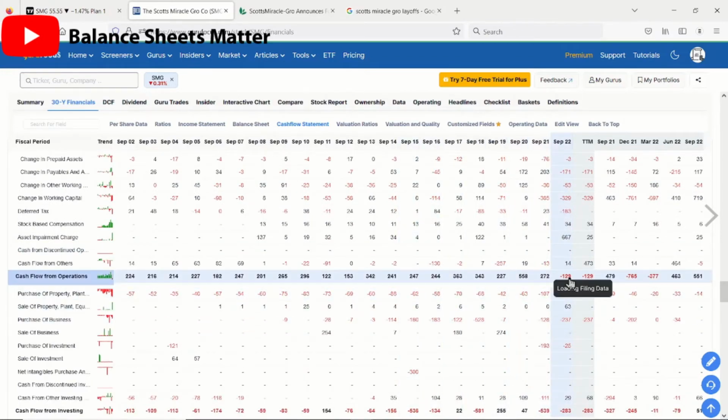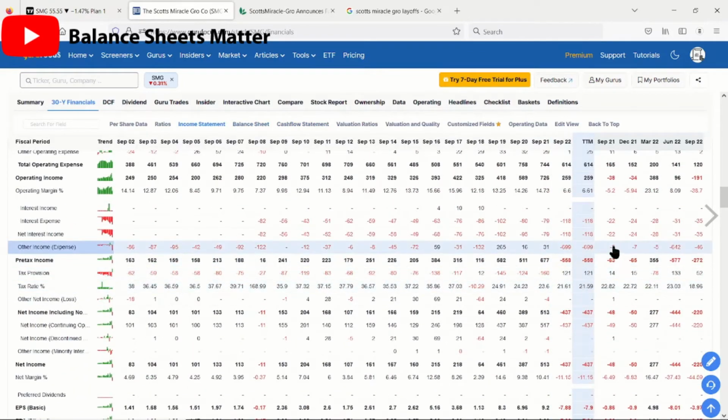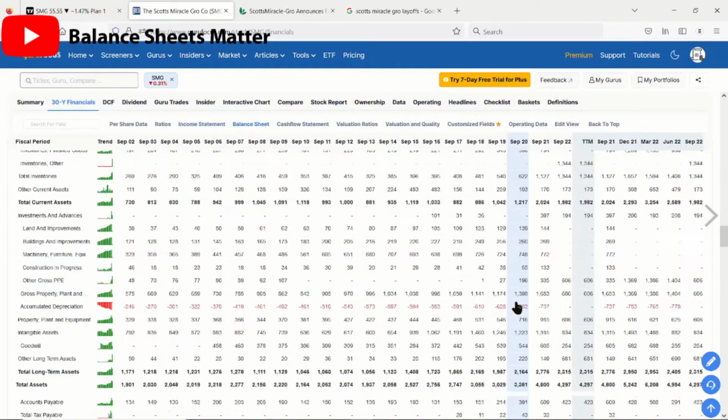We had a little loss. The one thing I did forget to go over, let's bump back up to the statement here. Even though they're making these losses, this is a one-time expense of 643 million. So in reality, where they are losing some money, a lot of these losses, at least 642 million of it,